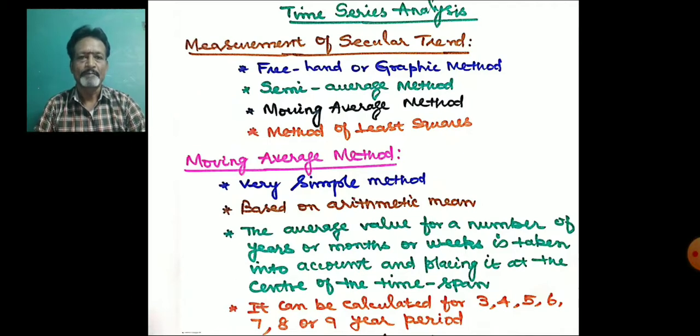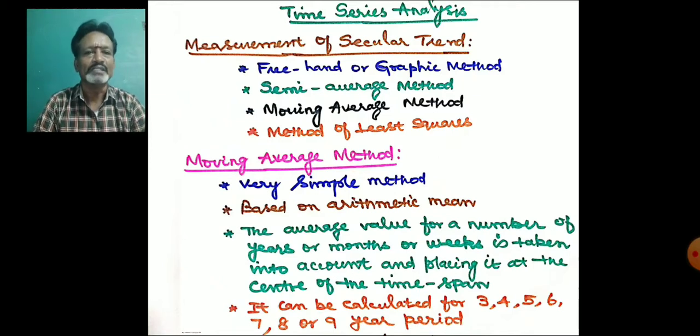Suppose the number of years is odd, for example 9 years of data is given. At that time, it is not possible to divide equally into 2 parts. For 9 years, the middle year is the 5th year, so you can leave out the 5th year. You take the first 4 years and the last 4 years. You add the values of the first 4 years and divide that total by 4. You will get an average. Then take the total of the last 4 years and divide it by 4. You will get another average. Now these two averages should be plotted on the curve under the semi-average method.